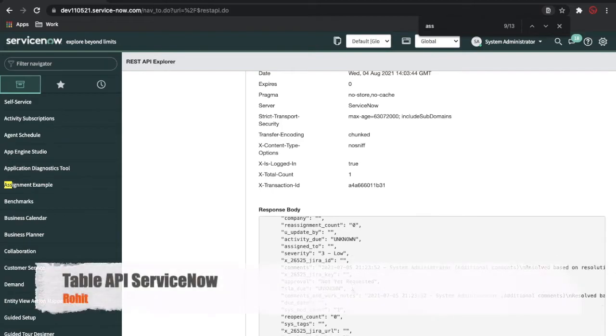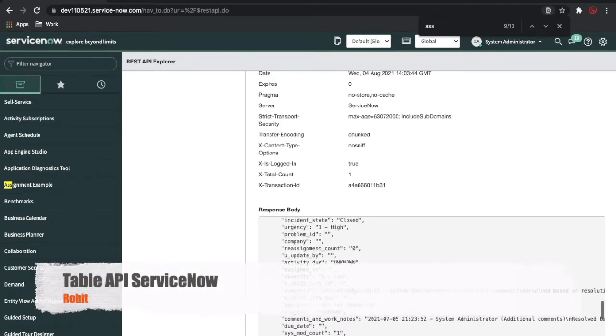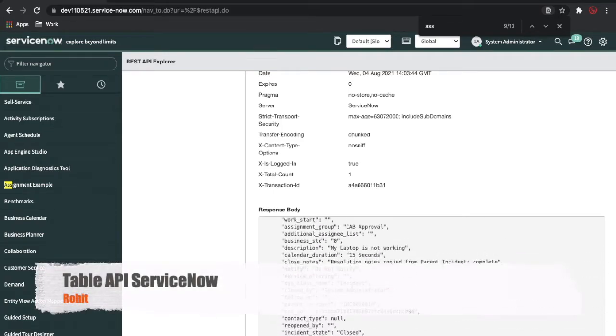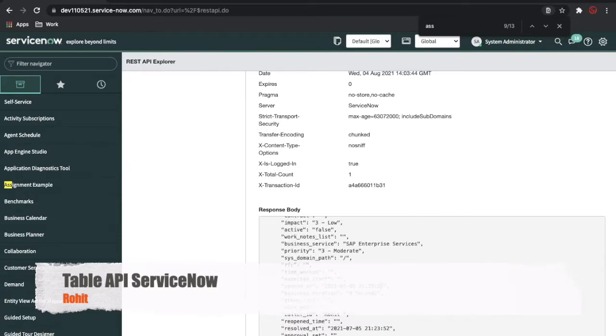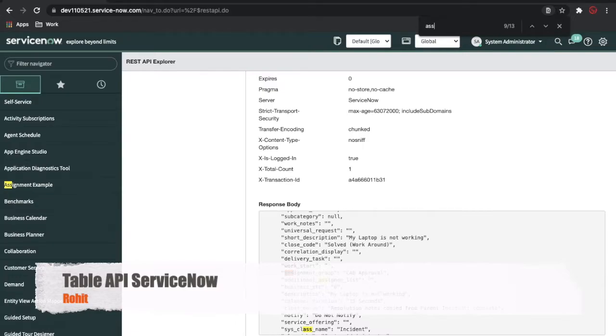Once you send that, you can see the length is also getting smaller. If I search with the assignment group now, you can see it is only returning CAB approval. It does not return the sys_id and does not return the link.